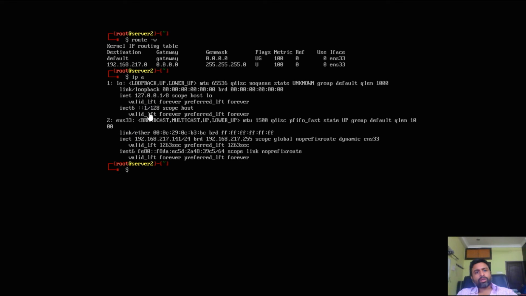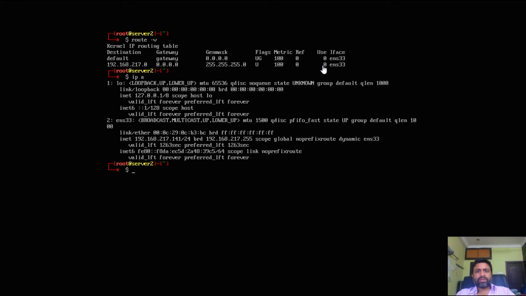So for all those PCs that lie within this subnet, that means the present PC also lies within this subnet, that is 192.168.217.0, this second rule is applied. So for any other PC from 141 to any other PCs within this network, the second rule has to be applied.